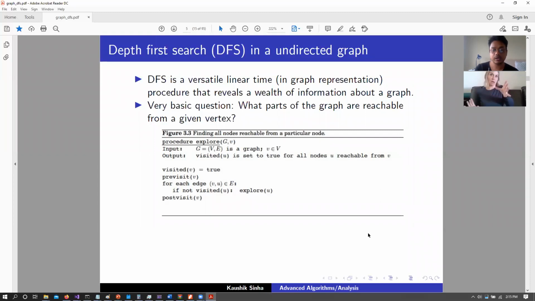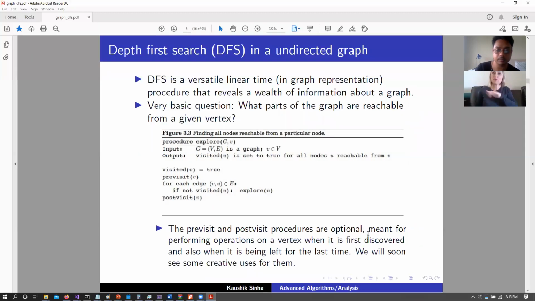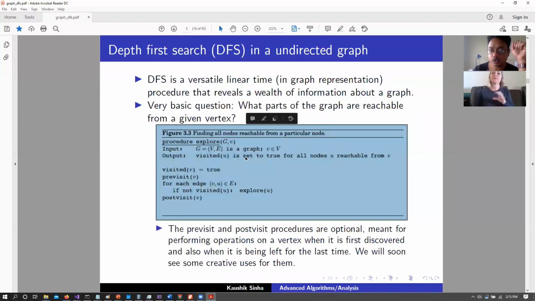Okay. So let's say that we have this particular algorithm, and let's go through this particular pseudocode one by one. This pseudocode is called explore. It takes in two things. It takes in a G, which is the graph representation itself, and it takes in a starting vertex V. Given this starting vertex V,